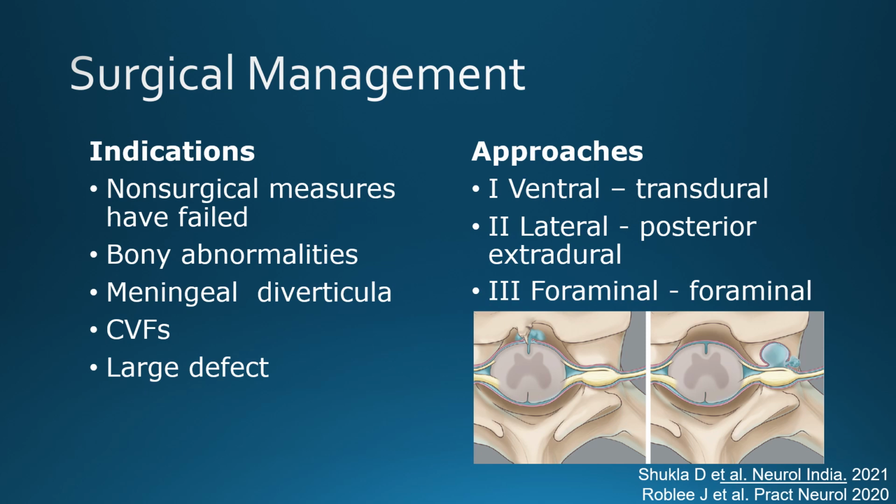So depending on the site of the leak, if it is a ventral leak, which is also called type 1 defect, which is due to bony spicule or osteophyte anteriorly, a transdural approach is used: open the dura, cut the denticulate ligament, gently mobilize the spinal cord, identify the defect and seal the defect with either dural substitute or fat or fascia supplemented with fibrin glue. When the defect is lateral, like meningeal diverticulum,